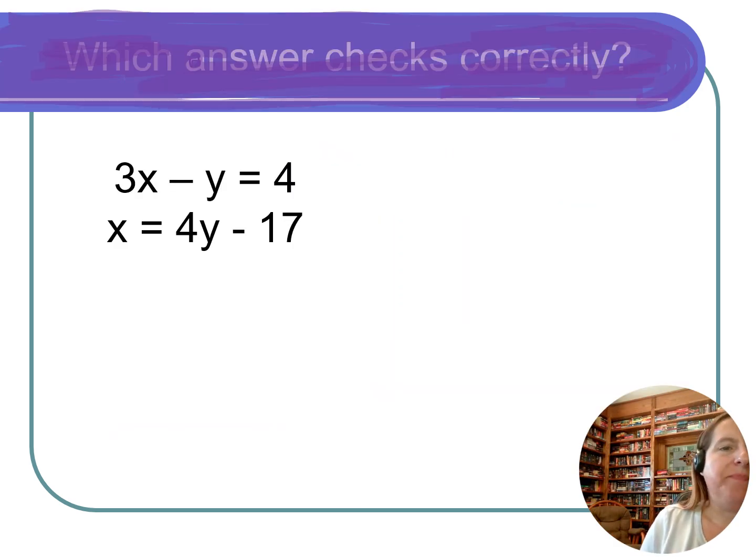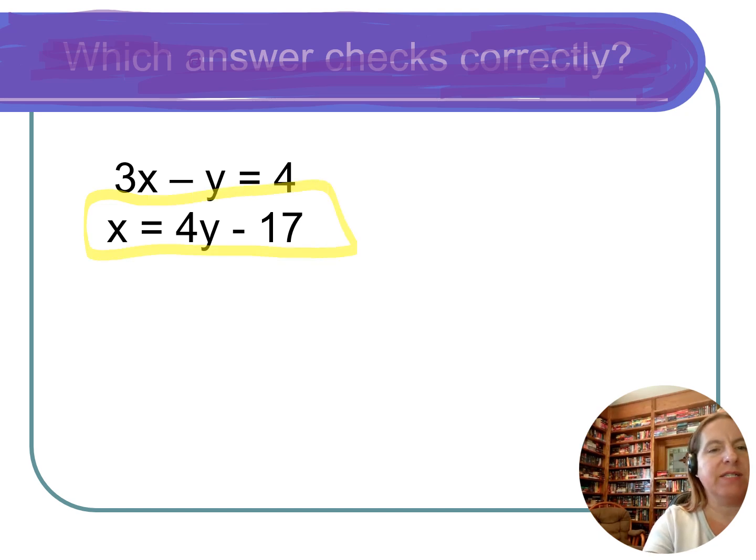Solve another system. 3x minus y equals 4, and x equals 4y minus 17. Step 1 says solve an equation for one variable. Well, again, here we're lucky because down here I have x equals. We're going to take that, and since x is equal to 4y minus 17, that goes into the other equation